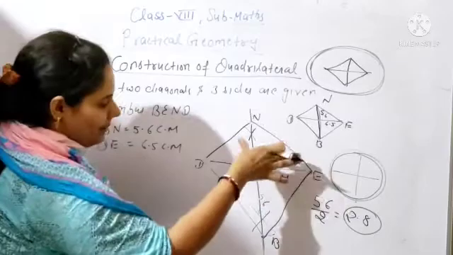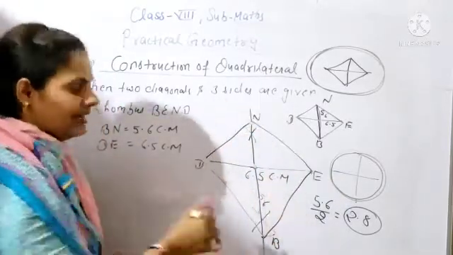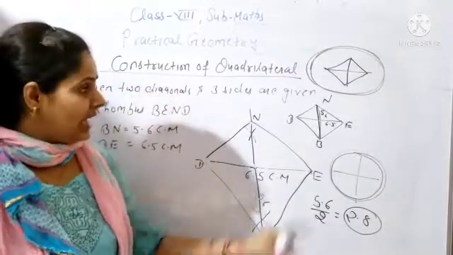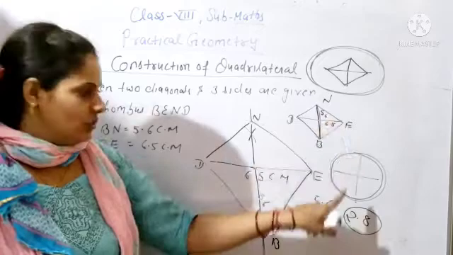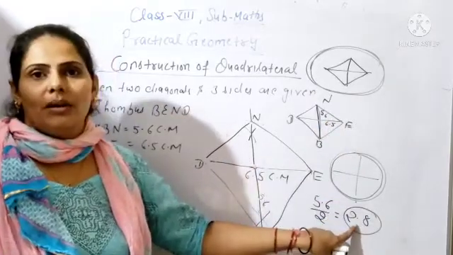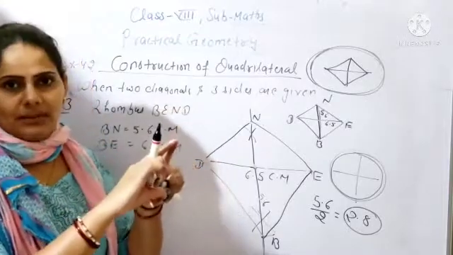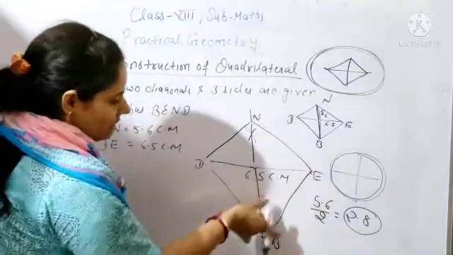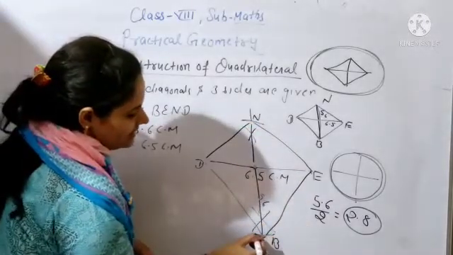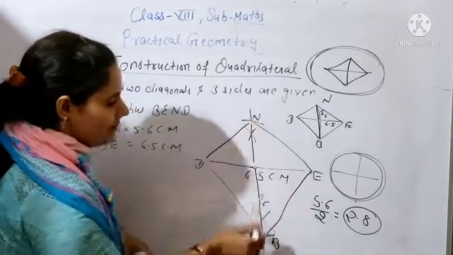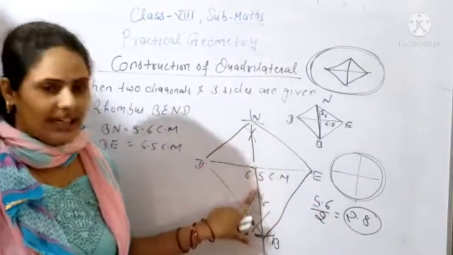From E also, upwards and downwards, on both sides you will draw the arc, and simply by the scale you will join the line. Now you can see the second diagonal length is 5.6. You will take half of this. It will be 2.8. Now you will open your compass with the help of a ruler to 2.8 centimeter. You will draw the arc upwards also and downwards also. Wherever the arc cuts this line, from this line to this arc, what will its complete length be, beta? 5.6. 2.8 on the upper side and 2.8 downwards.